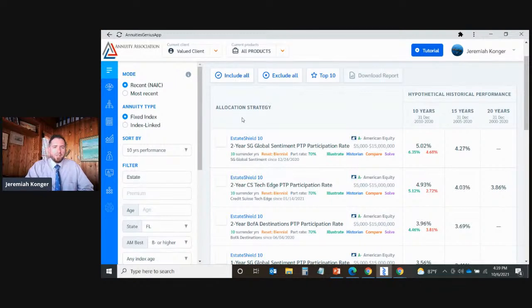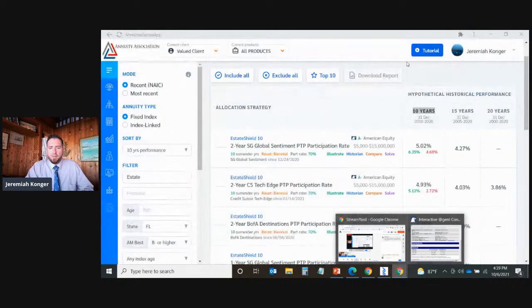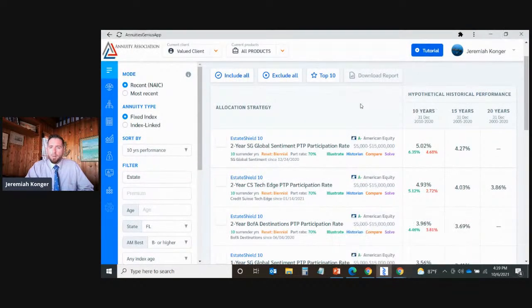So here we're looking at the Estate Shield 10 and the specific index crediting strategies that are available. You're going to see a couple things over here to the right. First, we're going to notice the 10, 15, and 20-year columns. Those are referencing the back-tested performance periods. So we're going to be looking back over the last 10 years, 15, and 20 years, and